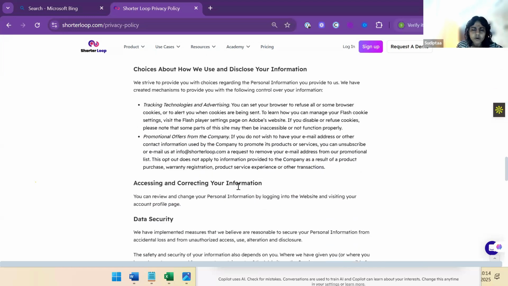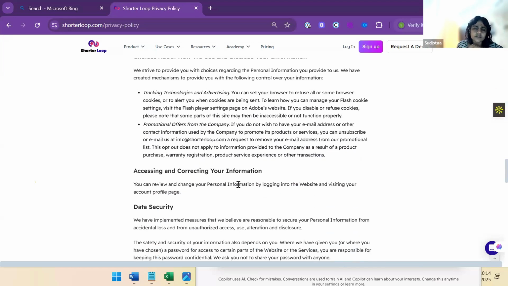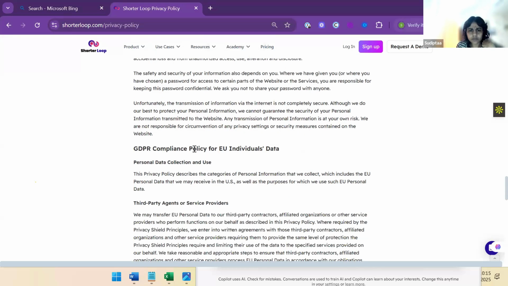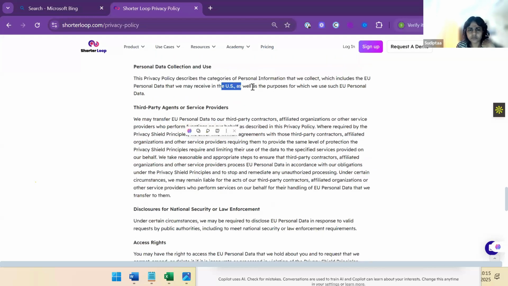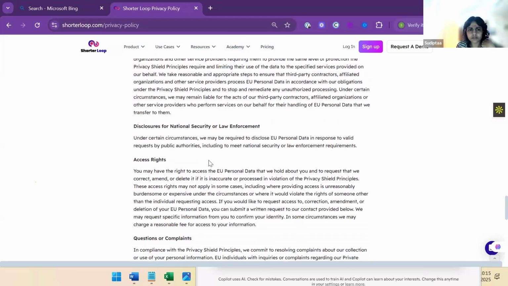This is very important, first of all, to create the trust and confidence that your data is in safe hands. You will also get promotional offers, from which email ID, what kind of data, what tracking we are doing, how the data is secure, GDPR compliance, specifically EU data, US data. So we are very, very transparent as a company.